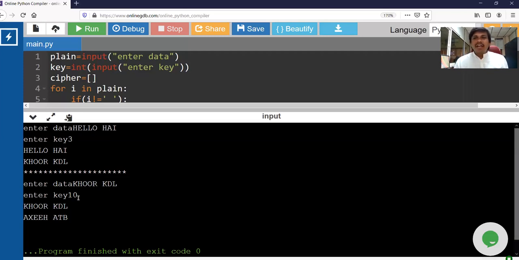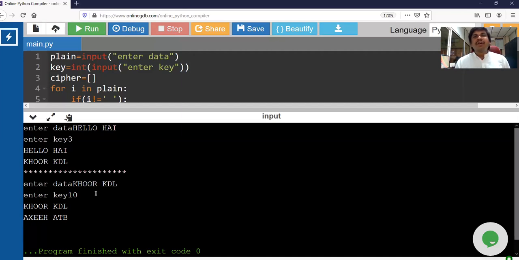What I am saying is it is very easy to detect the key because you are applying a procedure called shift procedure. The key will always be less than 26 because there are only 26 characters. Or if you can guess one character, then the game is over. The person will get the original data. Like see here, there are 2 O's and it is a 5-letter word.